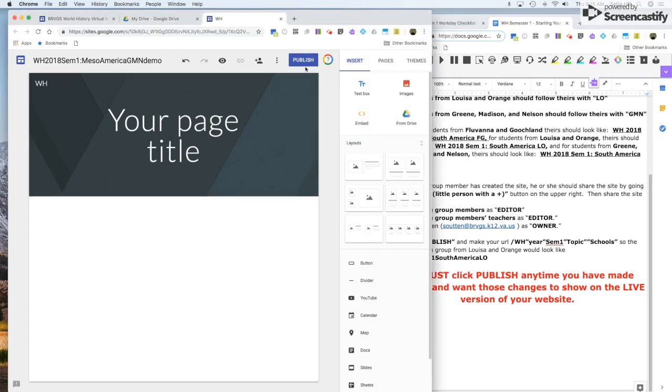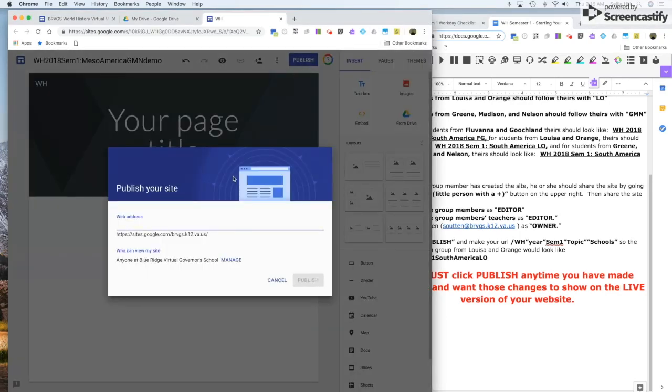So I'm going to come up and click publish. And you notice now it's going to let me choose what the end of the URL will be. So instead of having this editing one with a ton of crazy letters and numbers, it tells us exactly how to do it, similar to your contract and when we originally named your site. So we're going to make it WH, then the year, so 2018,